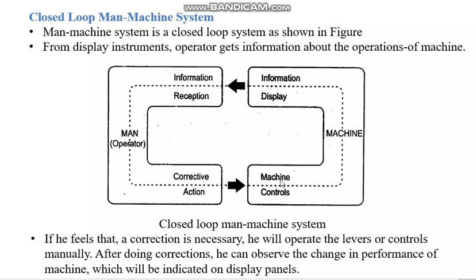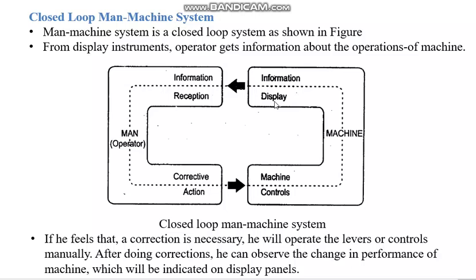When man is operating the machines, he switches on some buttons, or he gives the power supply, or he will initiate some action. When he initiates some action using the machine controls, the machine responds, and when it responds, it gives some information,